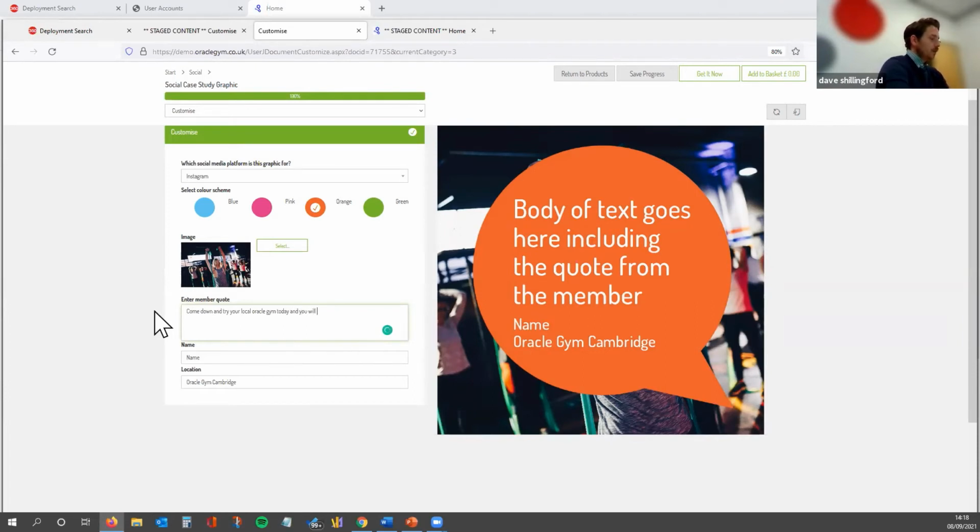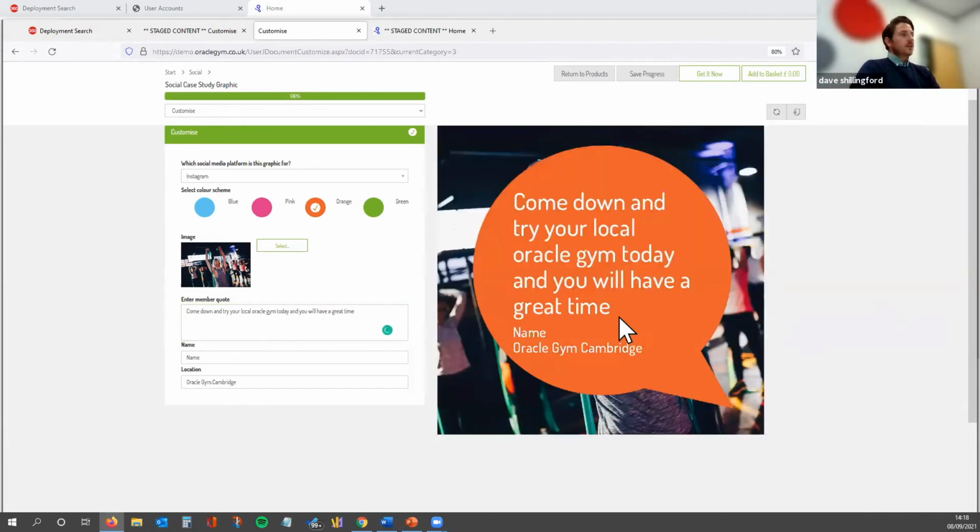You will have a great time. So here we go. I'll just type that in there, and then you can start to see that when I start to type things in there, it will then show up on the template. Now, if I was to overtype on here,